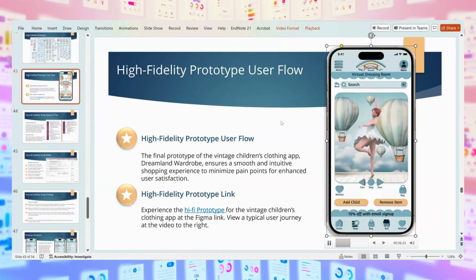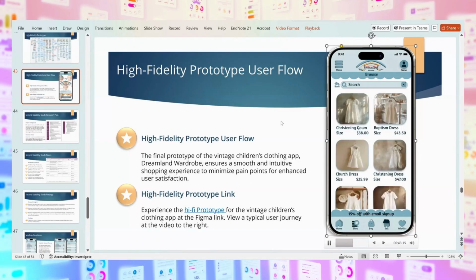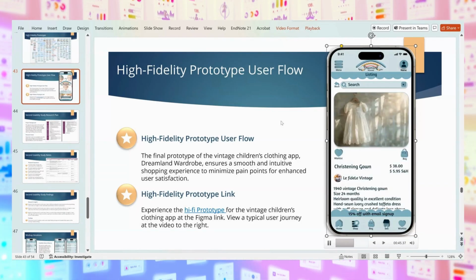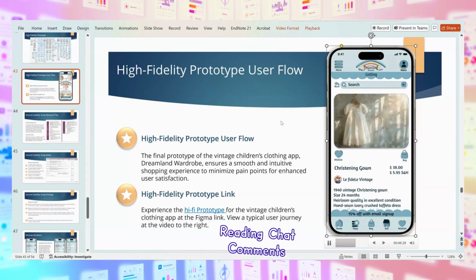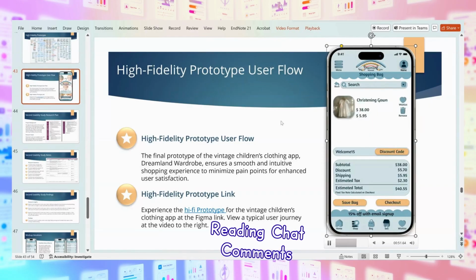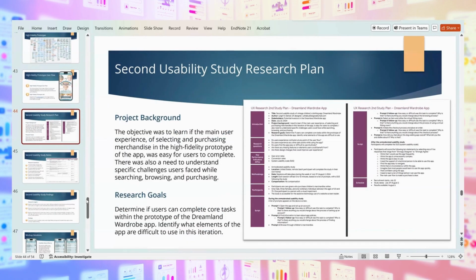And then there's the dancing ballerinas. I did stop motion animation for that, but that was before AI was doing all the video. So I could even go back and iterate on that just to make the prototype better. Like magic, yeah, it was pretty cool. So there's some problem solving for that, because nobody taught me how to do that. So that was fun. So then you do another usability study.